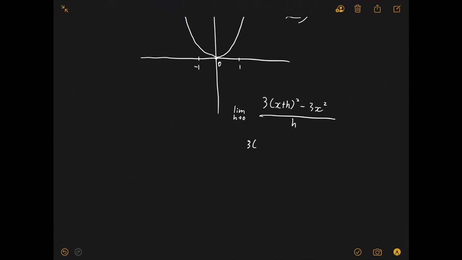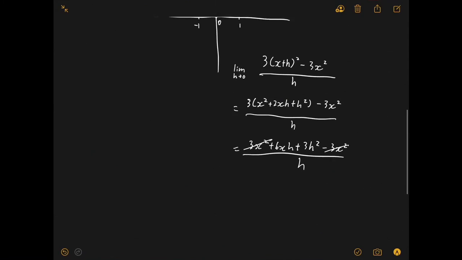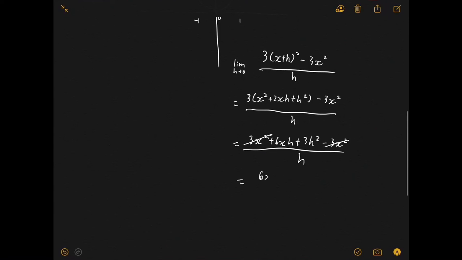So let's expand this here. 3 times x squared plus 2xh plus h squared, minus 3x squared over h. And this again, 6xh plus 3h squared minus 3x squared over h. Then this 3x squared cancels out, and we get